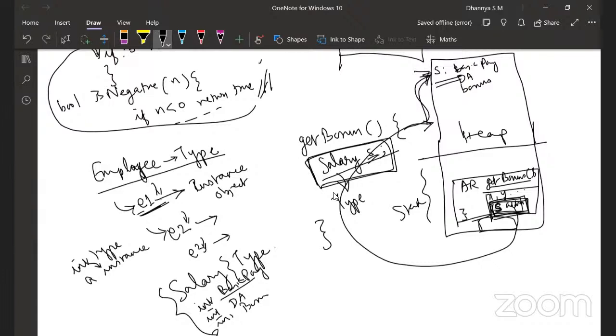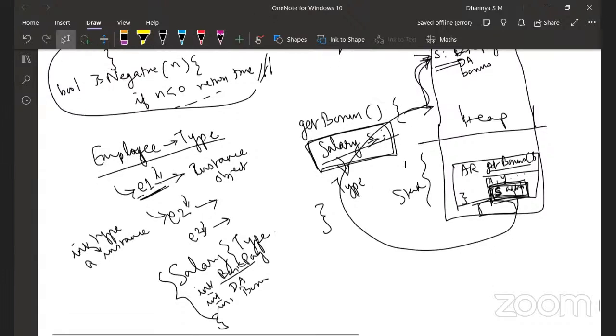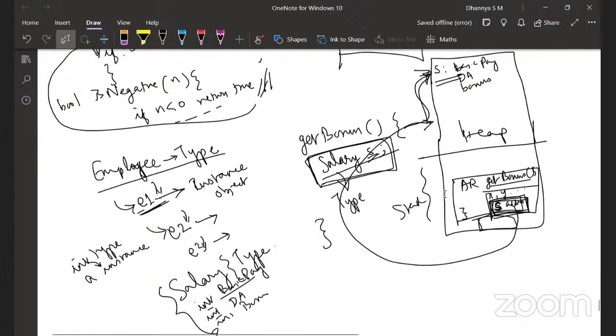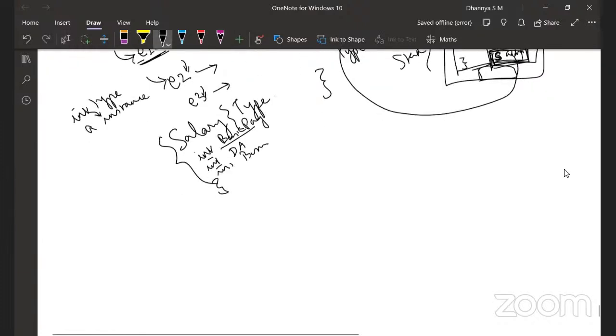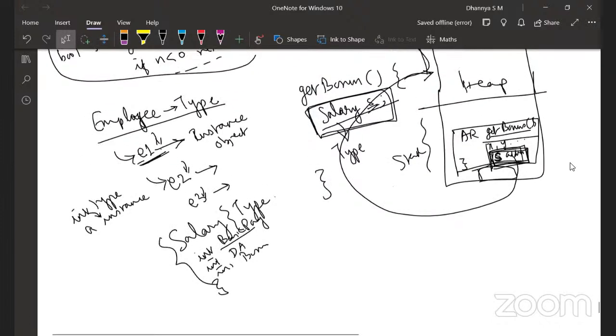When you say string, are you specific to the Java language or string in general? I'm talking specifically about Java, because this stack and heap concept which I'm teaching you, I don't know for how many languages it is there, but definitely for Java, this is how it is done. I will also tell you something which is specific to Java. Heap is also a memory location in primary memory, like the stack. Yeah, heap is also in the primary memory.